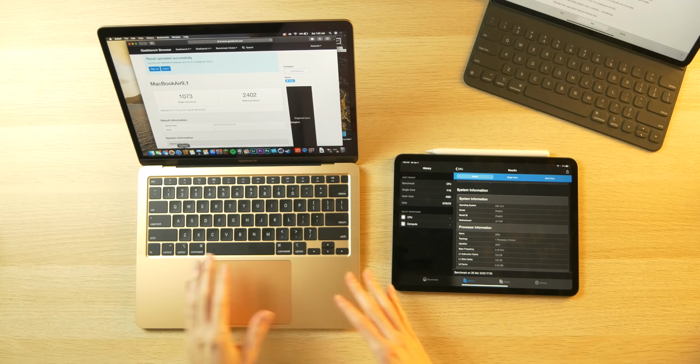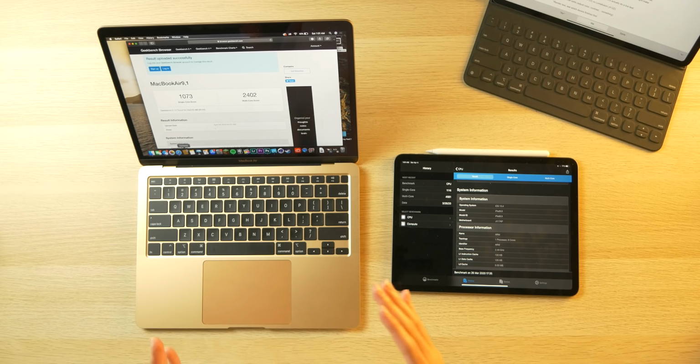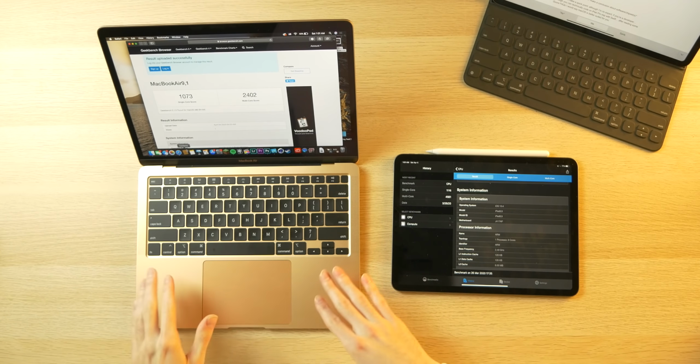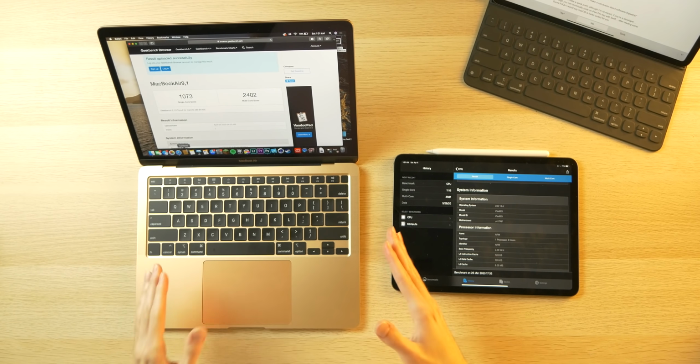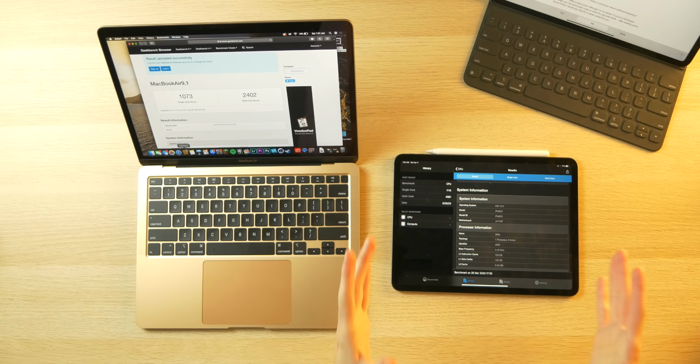And also to quickly mention, the MacBook Air ships with 8 gigabytes of LPDDR4X out of the box compared to the iPad Pro, which has 6 gigabytes max regardless of which size or variant you buy. And also, if this even matters, the MacBook Air has Intel integrated graphics, Intel Iris Plus for that matter, with around 1536 megabytes or 1.5 gigs of video memory versus the iPad Pro, which just has an integrated 8-core GPU